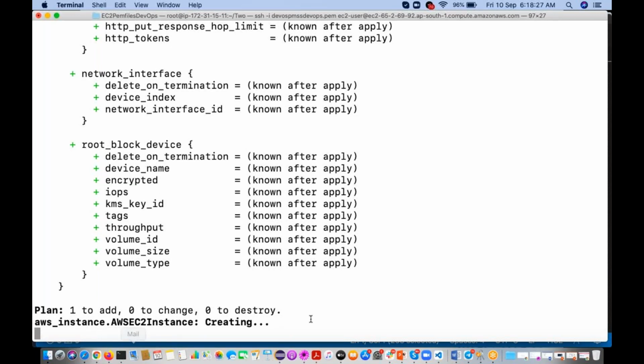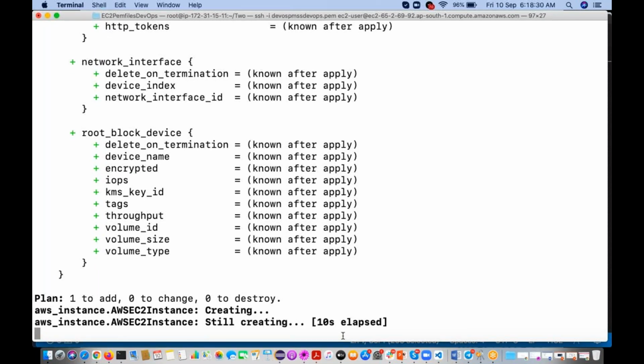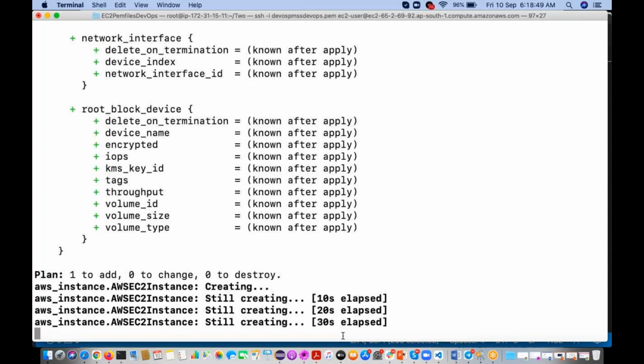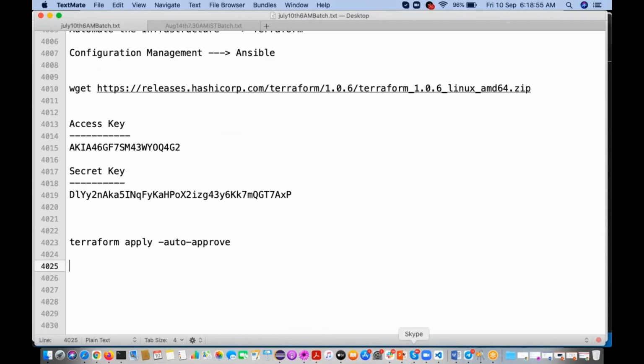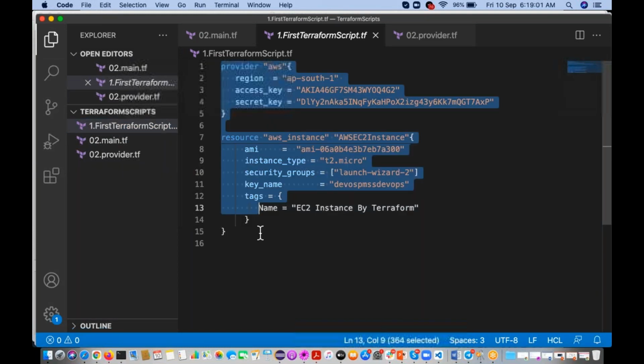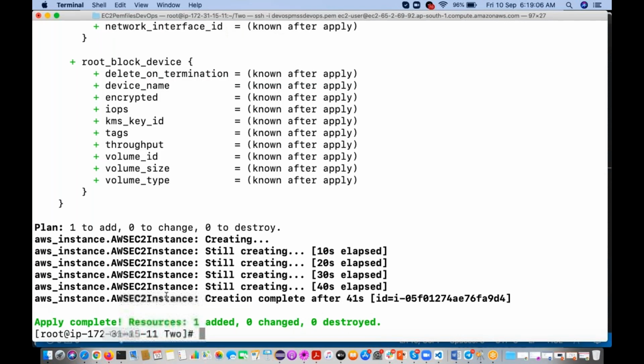So this is the standard syntax. Usually we maintain provider information in provider.tf, and whatever resources you want to create, update or delete, we keep in main.tf. You will see that in real time, provider.tf and main.tf. We are not going to keep everything in the same file, as we did in the first script. Clear?